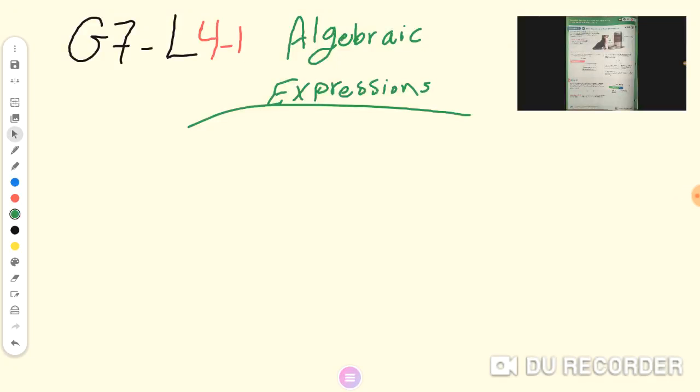Today we are going to move to another topic, which is topic 4, and it's about algebraic expressions. Starting from here, I will teach you how to apply our real life problems as a math problem, so anyone can solve it. As an example, if my friends and I ask for sandwiches from a restaurant,